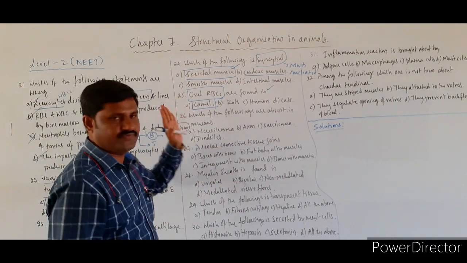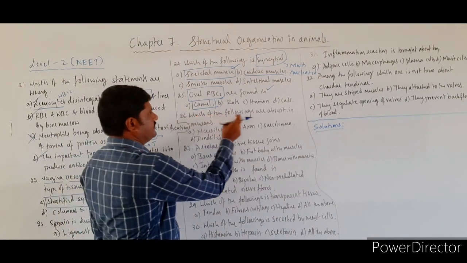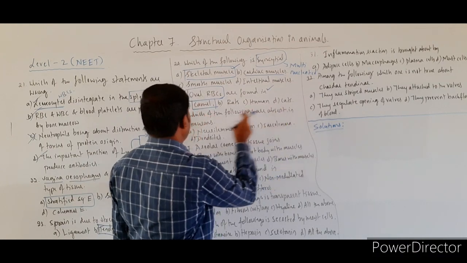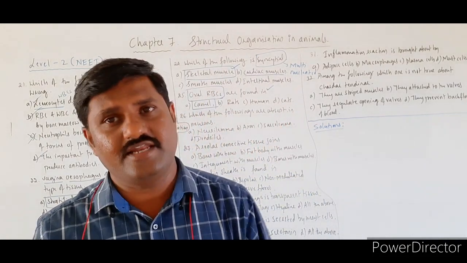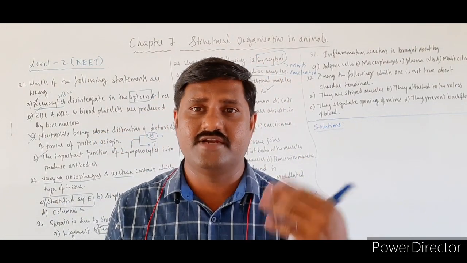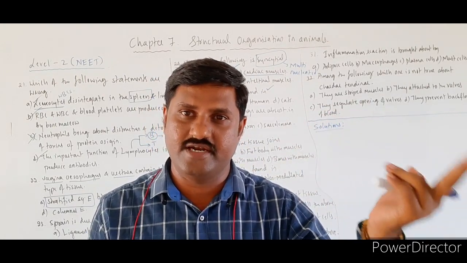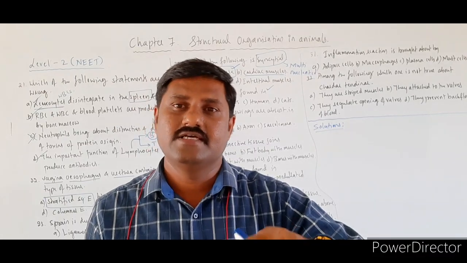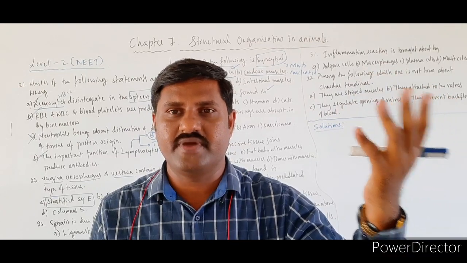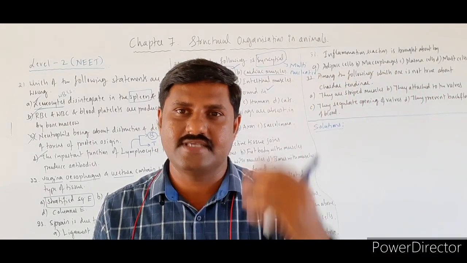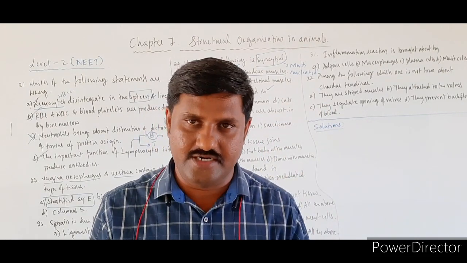Alright, I hope this is very clear to you. I have already cleared that in theory itself. Which of the following are absent in neurons? Then we'll have to go through all the parts of the neuron. Cyton is there, axon is there, and dendrites are there. Two processes: dendrites and axon. In the cyton part, the perikaryon, which is the nucleus-containing cell body, and Nissl's bodies are there. Dendrites are there in the cyton part.